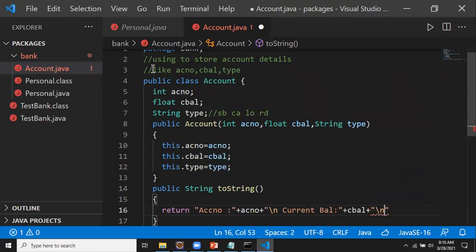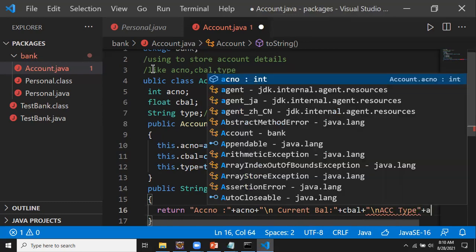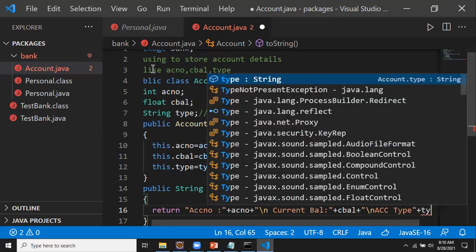We are trying to build the same toString method that we have done in others. Then type of account. I'll just write a shortcut there, ACC type also, plus type, the type variable I'm going to use.